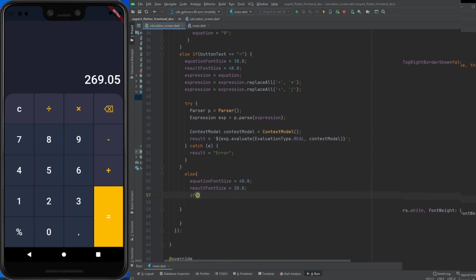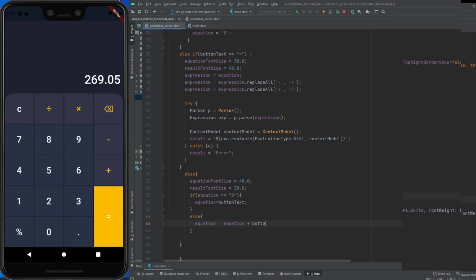Now we will also use an else condition and set the font size here. If equation equals 0, then the equation will be the button text.